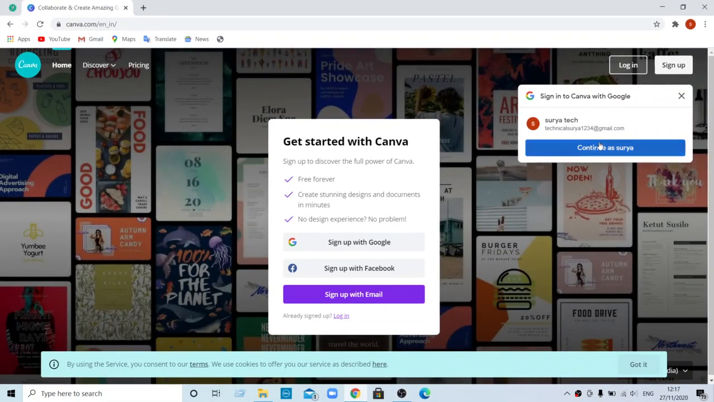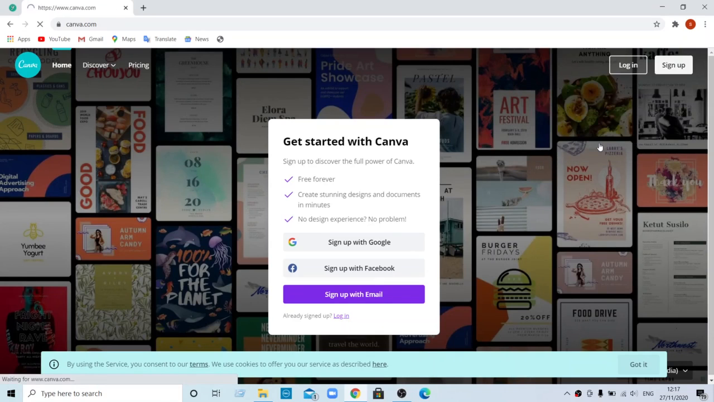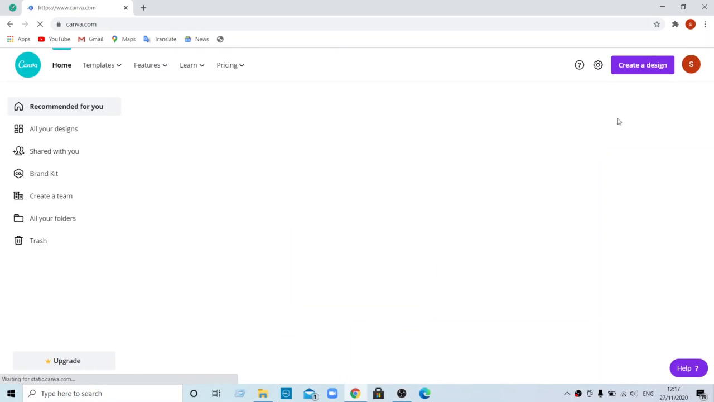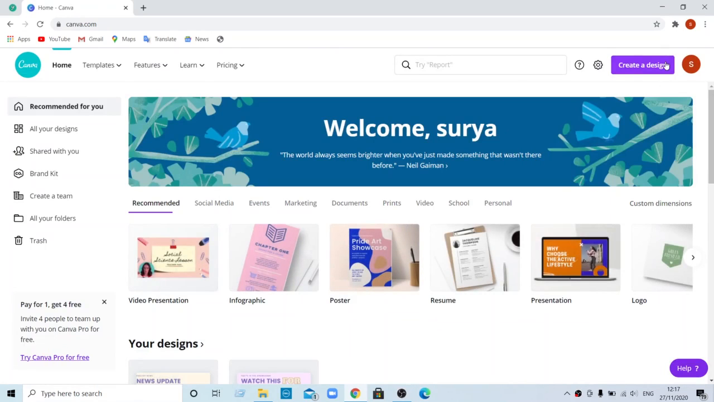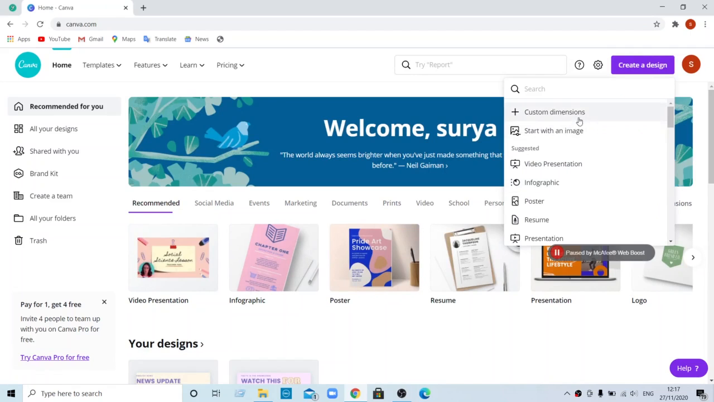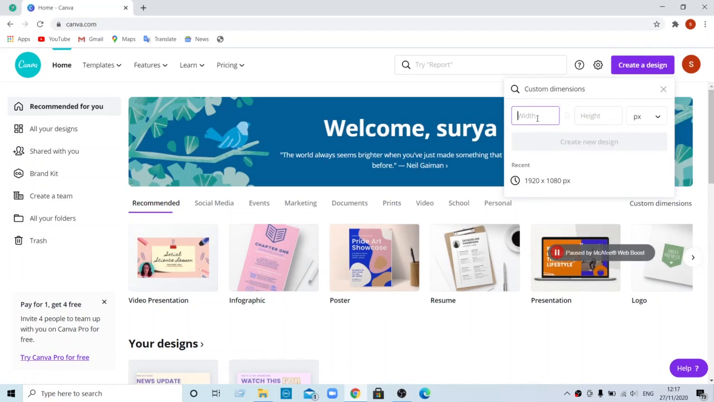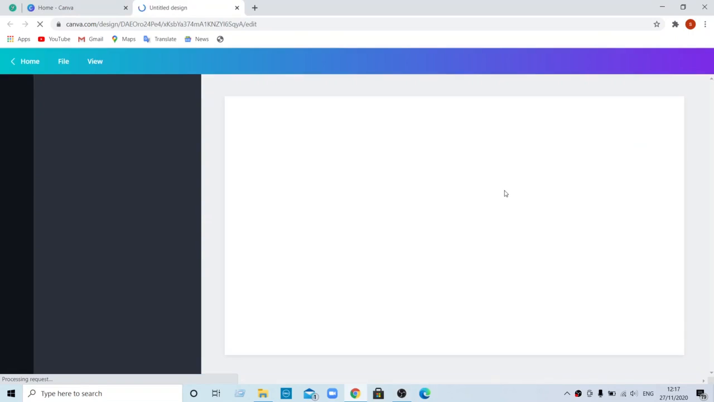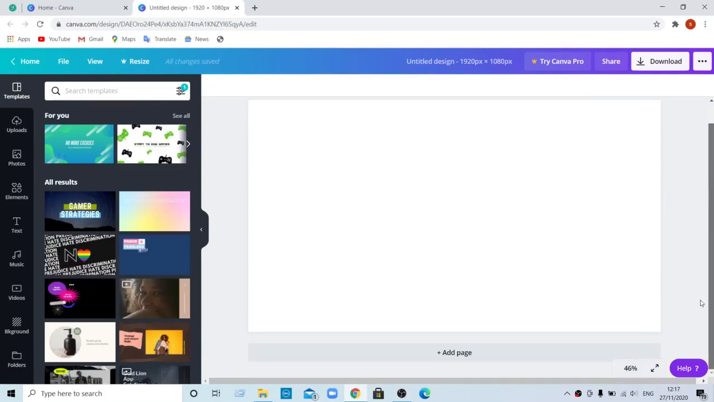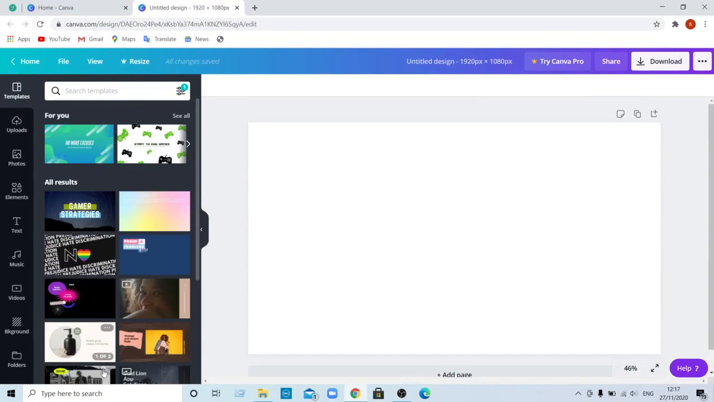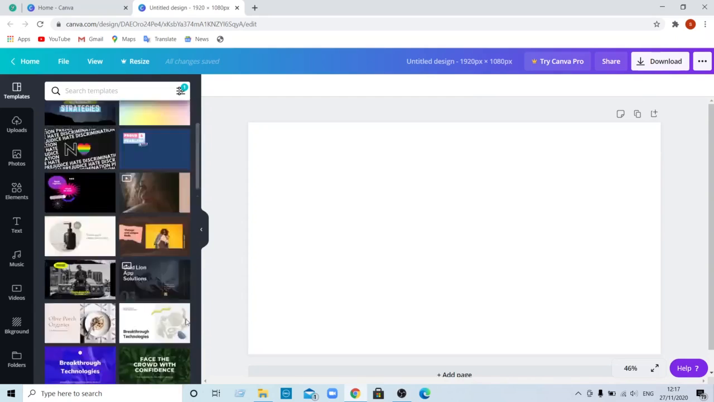First, sign up with Canva. I'm going to sign up with my account. Let's get logged in and create a design. Click on it, click custom dimensions and give 1920 and 1080 pixels. Create a new design, and in this we have a lot of templates and a big workspace,